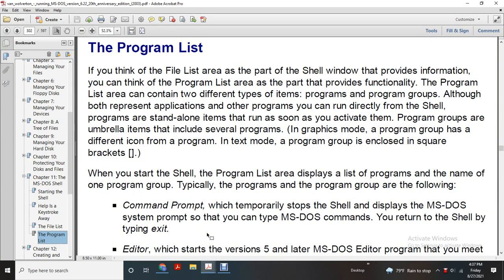Alright, Chapter 11, MS-DOS Shell. This is the second tape for Chapter 11. Alright,